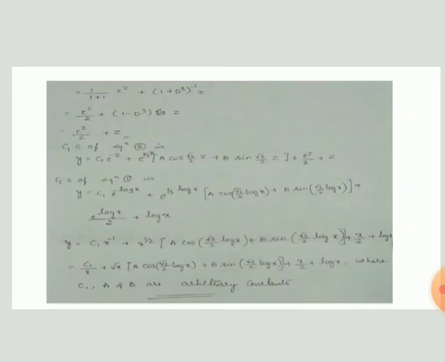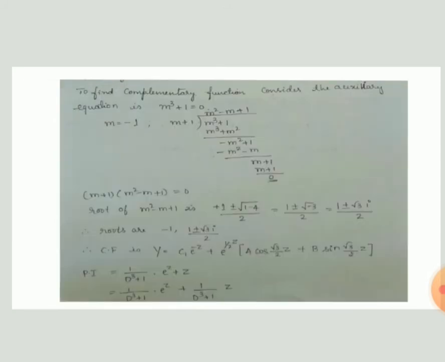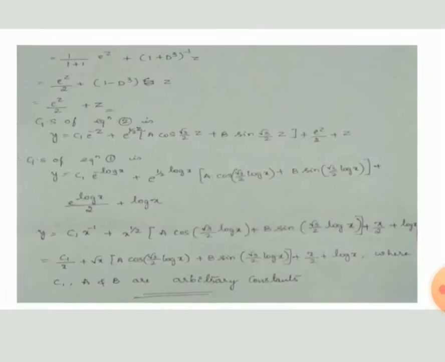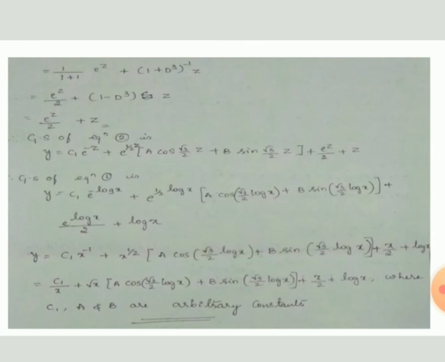So next we will obtain 1 by 1 cubed, which is 1 only, plus 1 into e power z. For the second term also, now, 1 by D cubed plus 1 into z, it is of the form 1 by f of D into x power m form. Here x is z, power is 1 here only. So by using that we have to solve that one. That can be written as 1 plus D cubed power minus 1 into z. So for the first term, it is e power z by 2, the particular integral.